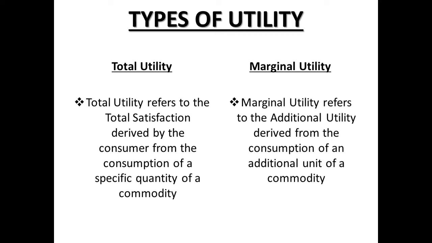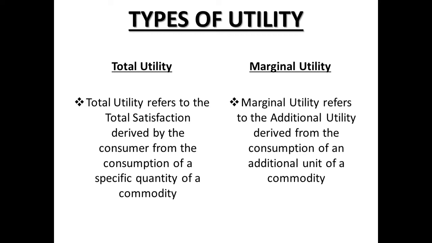Again, for example, say marginal utility of consuming a third mango. In total, we consumed 2 mangoes and the total satisfaction was equal to 17 utils. Now when you consume the third mango, it is the increase in total utility as the consumption increases from 2 mangoes to 3 mangoes. Suppose total utility has now become 21 utils. So 21 minus 17, the addition from the third unit, is equal to 4 utils. Now we'll understand the same phenomenon with the help of a table, right?